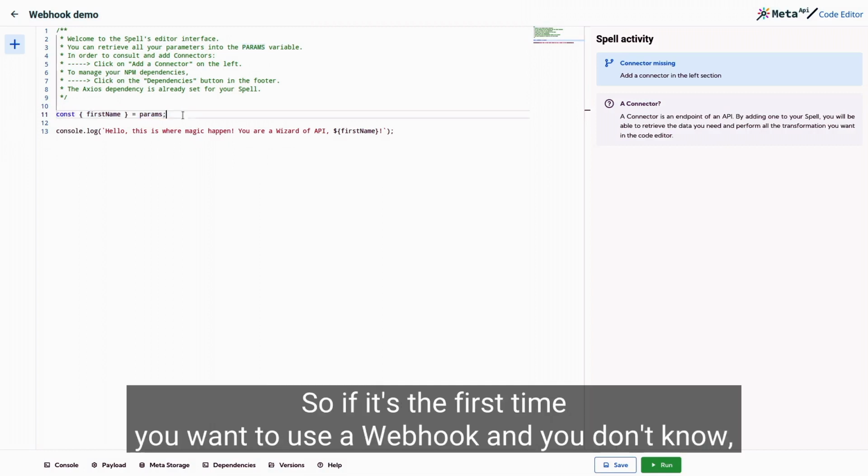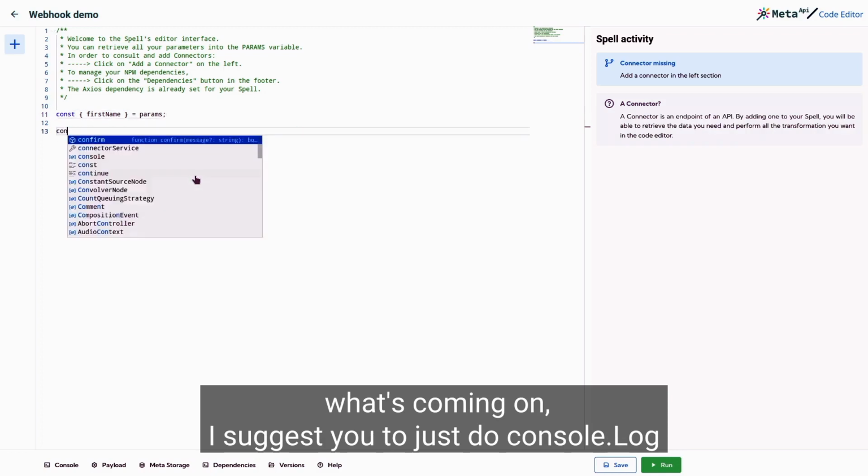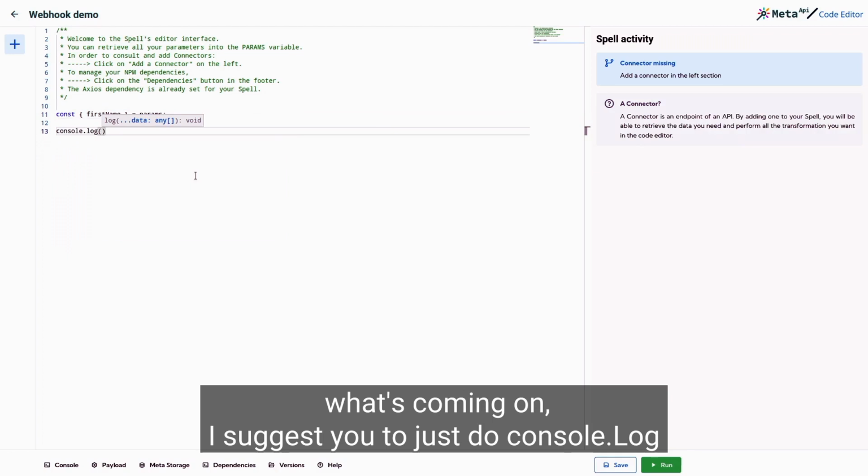So if it's the first time you want to use a webhook and you don't know what's coming in, I suggest you just do console.log params